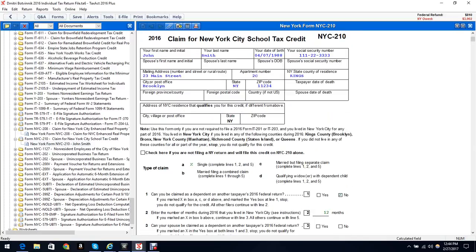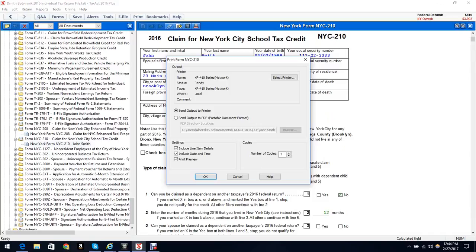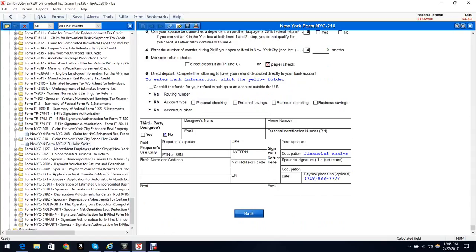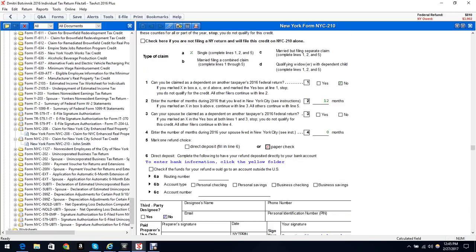And remember to print 2 copies, one for yourself and one for the form, supporting IT201 form. Okay, so we print it, we attach it to our IT201, and now we have to go back